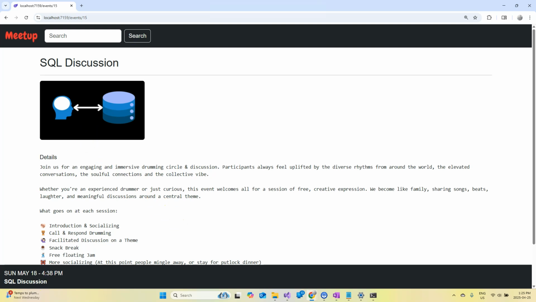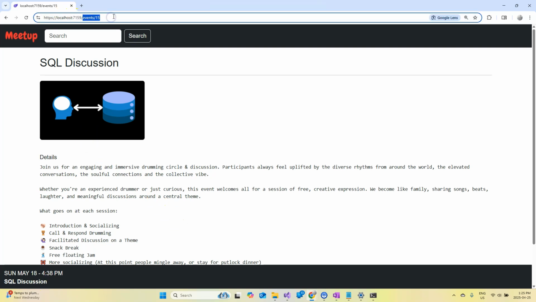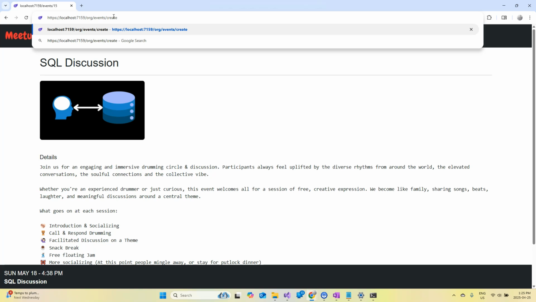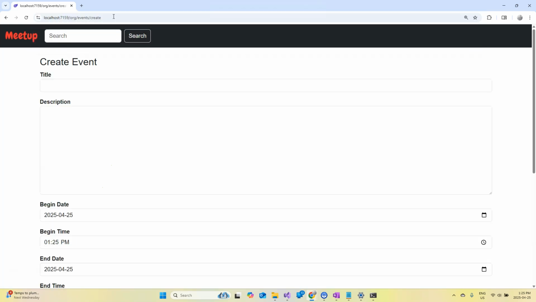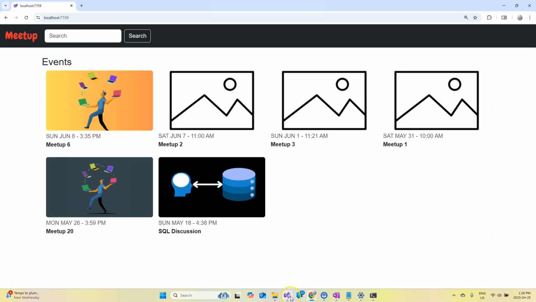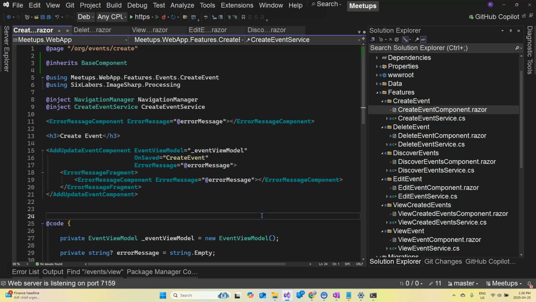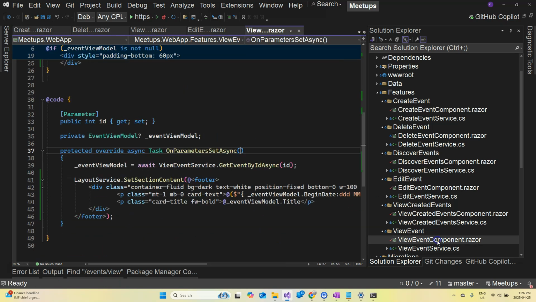Make sure, first of all, the bar is here, and then I'm going to go to /org/events/create, and the bar disappeared. I don't want to test every single one, but our base component is working for clearing the footer. Now, I think the one last thing is that we're having our view component setting the section, which means that